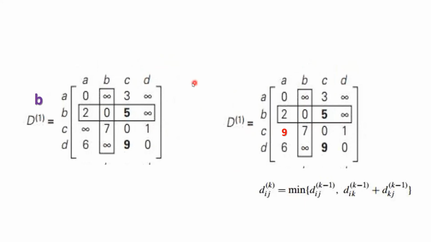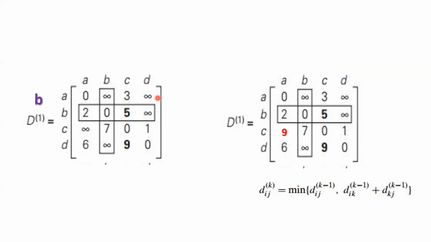We shall check. After that, we shall update the name D2 here by considering the same formula we have discussed. So the zeros remain unchanged as already explained. A to C by considering B. A to C is 3. By considering B means A to B, B to C, right? A to B it is infinity, so infinity is more than 3. So I shall stop here itself. A to D, is there a shorter path? A to D by considering B as intermediate vertex means A to B, B to D. A to B it is already infinity, so it is not less than infinity. I shall stop here. I think you are getting the discussion.